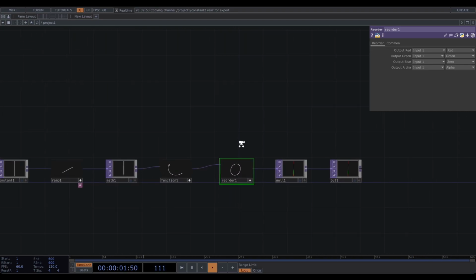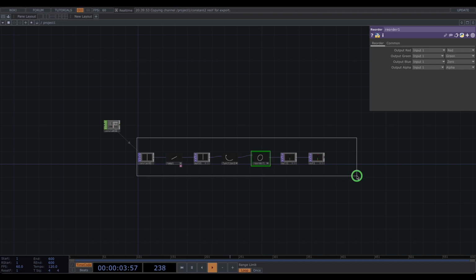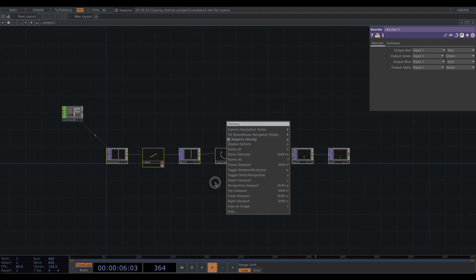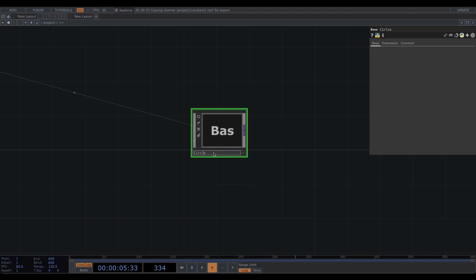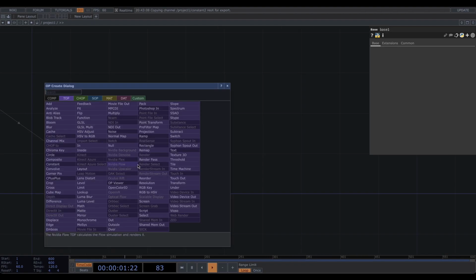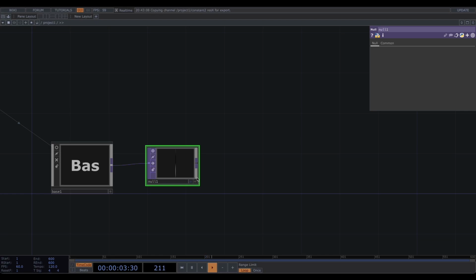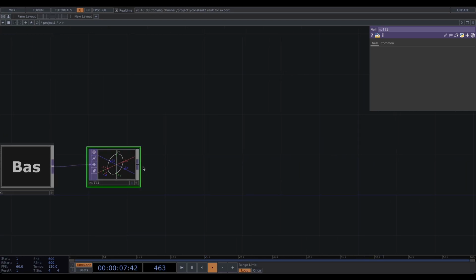Okay, now take this, right click, and choose collapse selected, and call it circle. Let's put this into a null to have a look. We have our circle. We can connect this to a noise